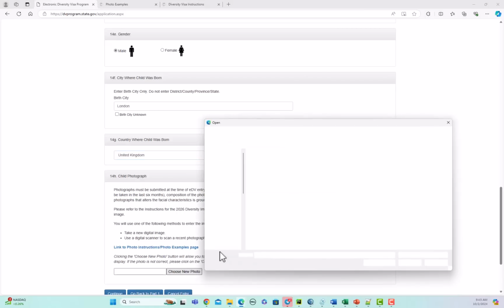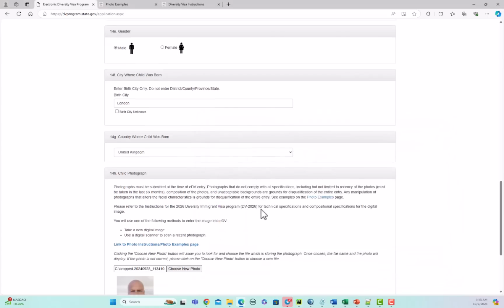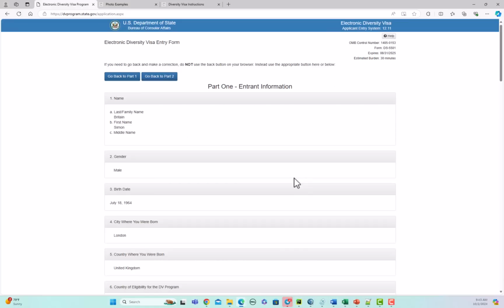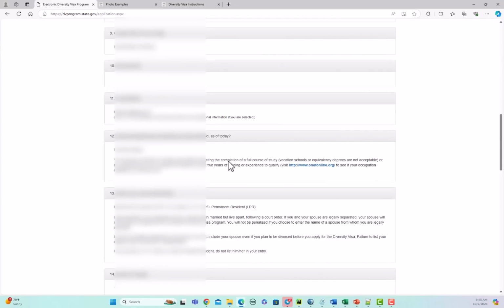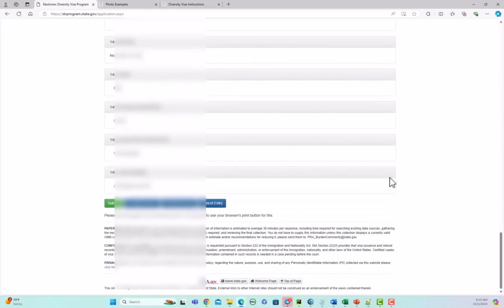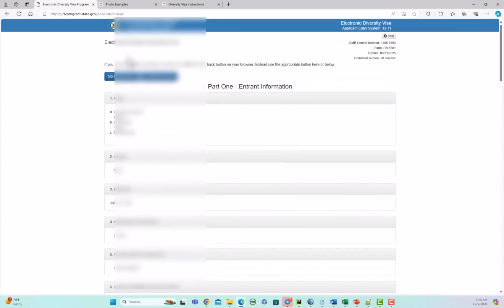Let's just add a photo, and we'll say this one. This is a very old-looking 16-year-old. And I know that one also matches the requirements, right? So now I've added all the information. I can review this information. Okay, all looks good. Everything looks good. What I could do, if I wanted to, is take a screenshot of that, because